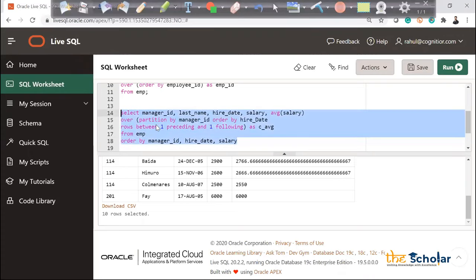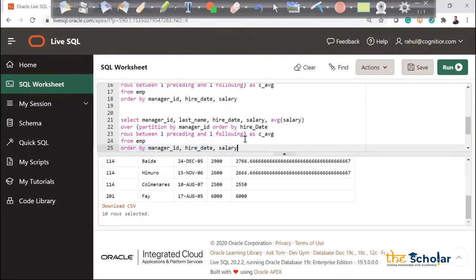In place of rows, let me write range. And let's see whether I am getting some different output. I am getting some different output.